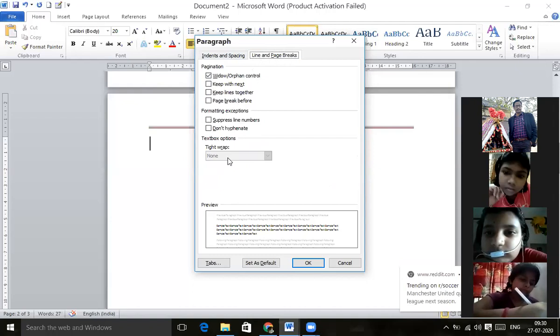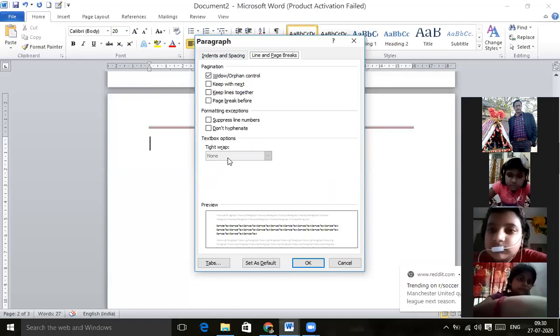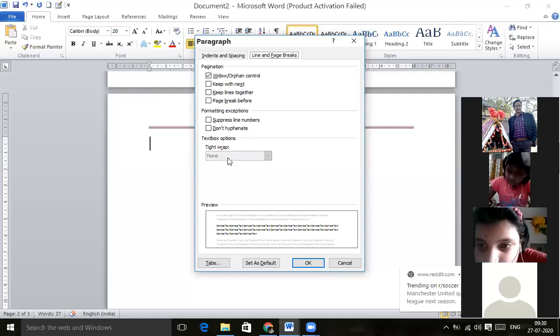Now click the text where you want to add the line break. A line break can be placed anywhere in Microsoft Word. Place the cursor at the position where you want to add the line break and press the enter key. That is simple. The enter key is the line break. The rest of the text will move to the next line. So if I put anything over here, it will move to the next line.